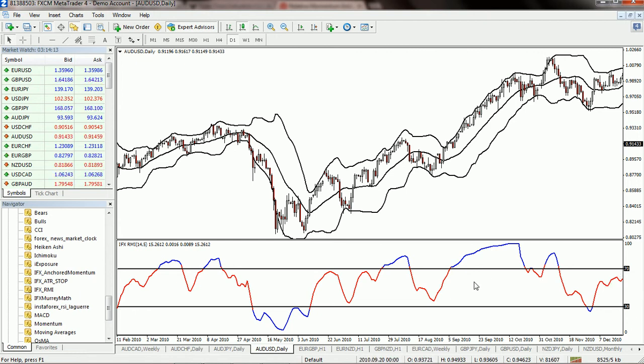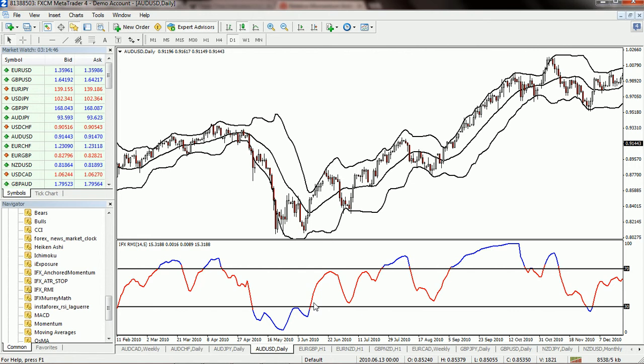So how to trade using this indicator? Normally the first way to trade this indicator is highs and lows. Whenever the indicator crosses below the 70 level, the trend is going to be downward. Similarly, when the indicator crosses above the 30 level, that indicates the trend is going upward. So that is the first one.